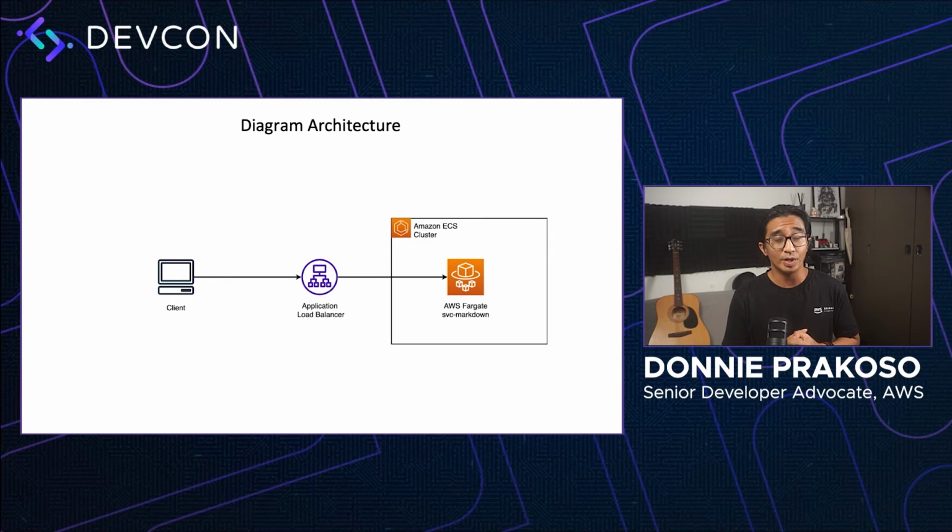In the next demo, we're going to deploy the application into Amazon ECS and AWS Fargate. Just a quick overview of the kind of application that we're going to deploy today. The application is a simple application to return HTML based on the markdown text that we pass as input. So the application will convert the markdown text into HTML using the HTTP POST method. We're going to use AWS Copilot to deploy our application. And at the end, we're going to have an application load balancer with a public address, which will be connected through the AWS Fargate service, where our application runs inside the Amazon ECS cluster. Let's jump into the demo.